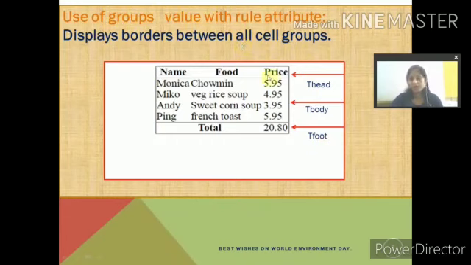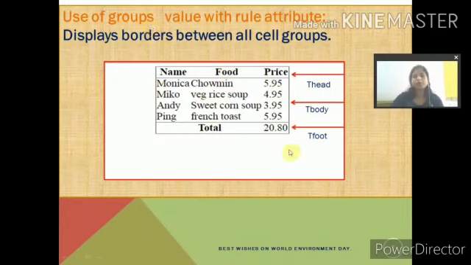It means it will group one group to thead, one group to tbody, and one group to tfoot, and then it will apply the groups feature to the table. Okay, so when I teach you how to apply thead, tbody and tfoot, then again I will teach you how to use the groups value with your rules attribute.